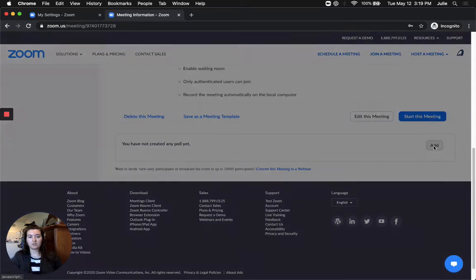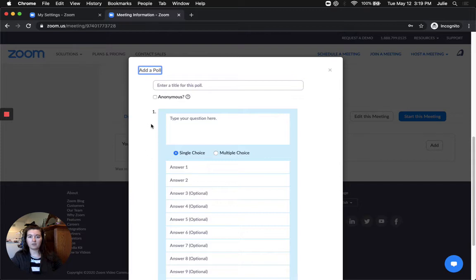So within here, if you click add, you'll get this pop-up, and you can name this poll, and you can put multiple polls in a meeting. So for instance, if you had one about a certain topic, and then later in your meeting you wanted another poll with more different questions, you can create those and split those up. So for this example, I'll just do